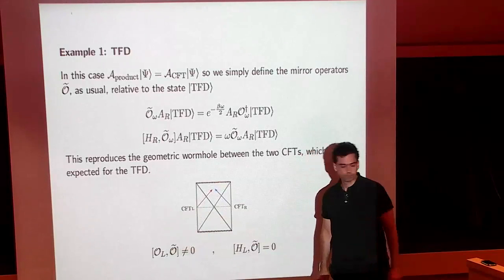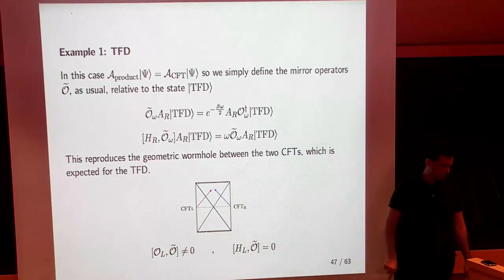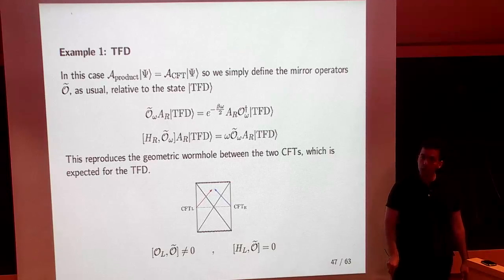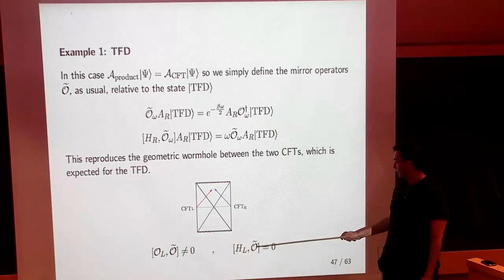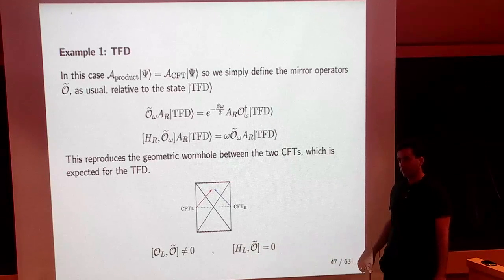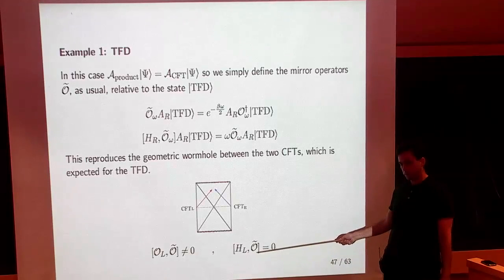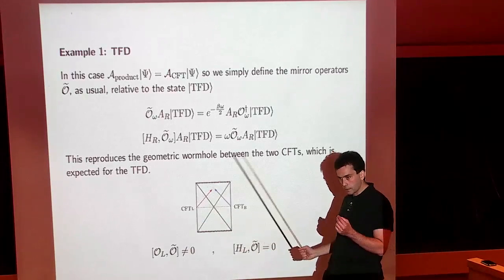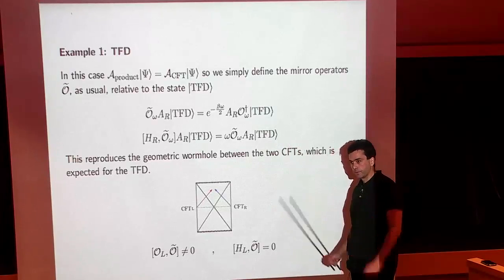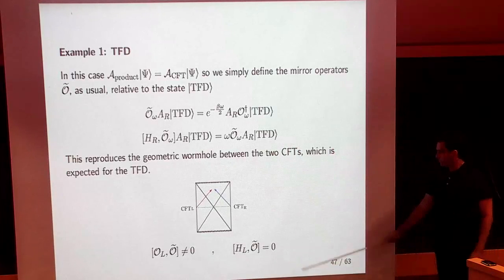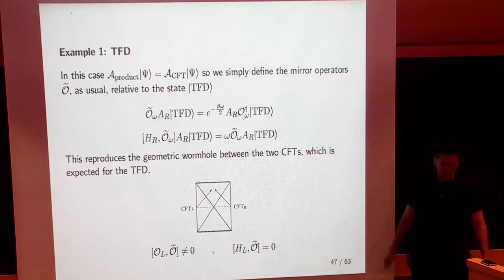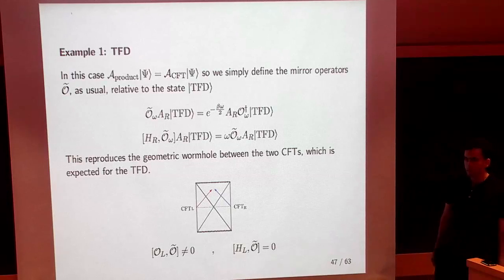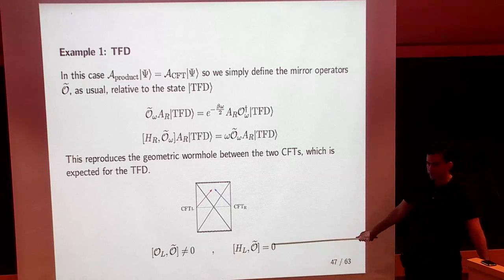But you don't define mirror operators here, right? Because you already have them. Because they're slightly different from the other ones. But here there are simple operators that are not... No. These mirror operators are not the simple operators on the left CFT. But aren't those? For example, look at this equation. Yes, modulo 1 over N issues.